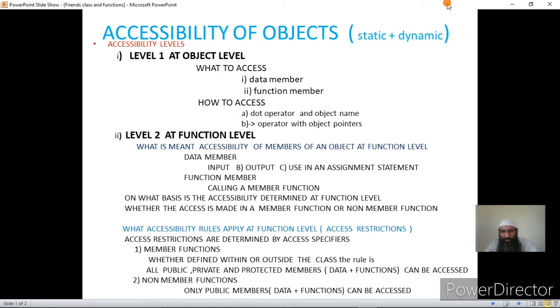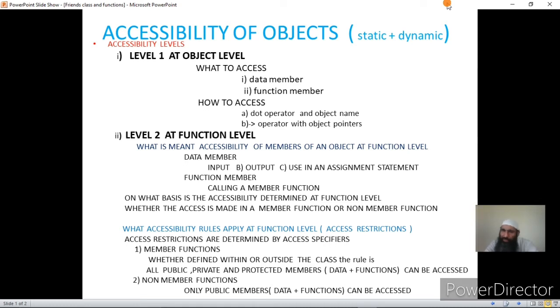By using assignment statements, we are basically doing read and write operations on the memory. So accessing a data member means using the data member in an input statement, say cin, or in an output statement, say cout in C++, or in an assignment statement, because all these three things are basically memory operations. They are related to memory read and memory write.